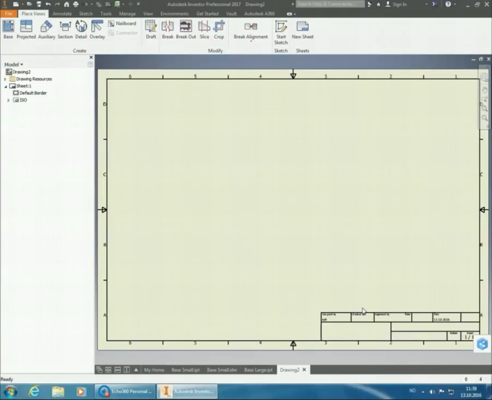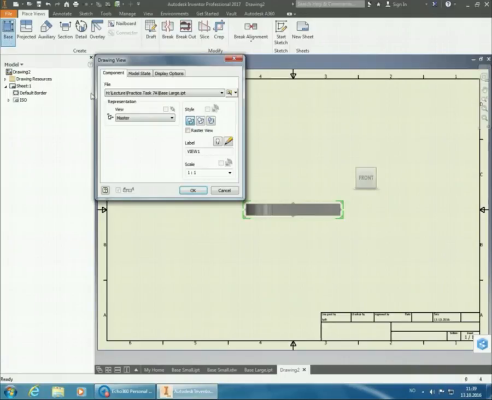So then we'll put in a base view. And the nice thing now is, even though I have two part files open, base small and base large, it automatically selects the previous one I was looking at. So since I just looked at base large, it has automatically selected base large for me. But if I open up the drop-down menu here, you can see that I still have both to choose from if I wanted to. But we've already created the drawing for base small, so we're going to create a drawing